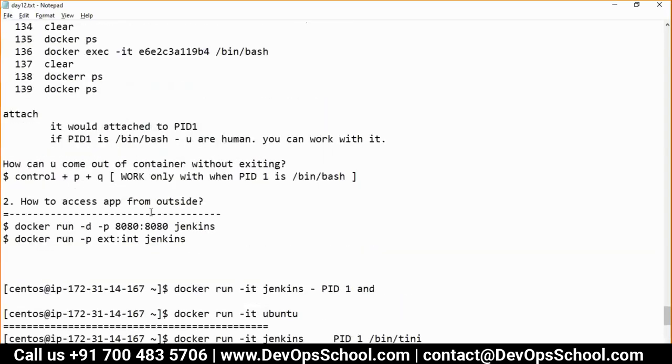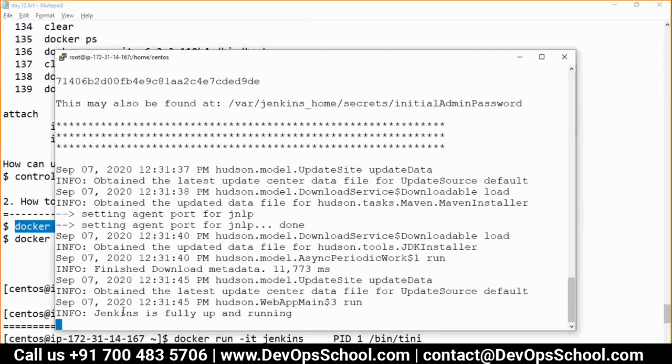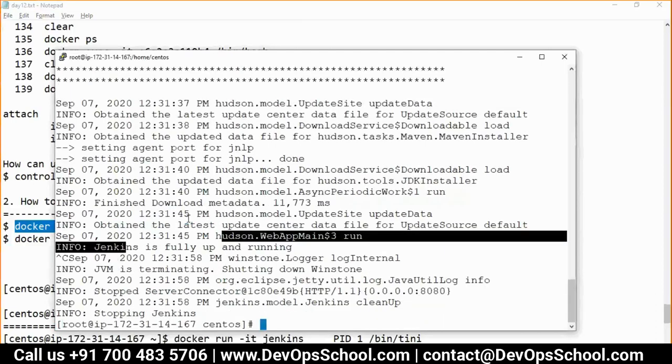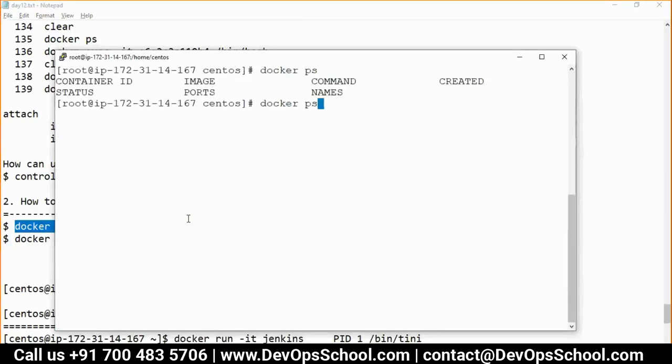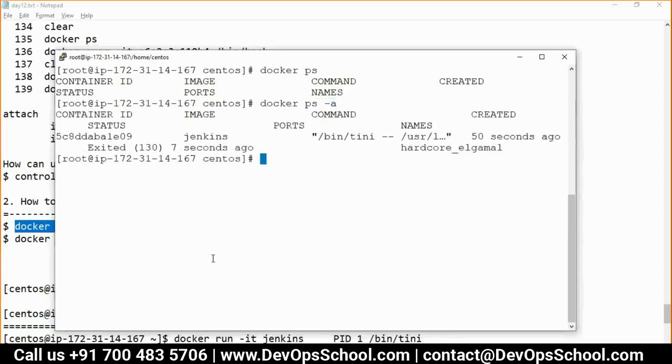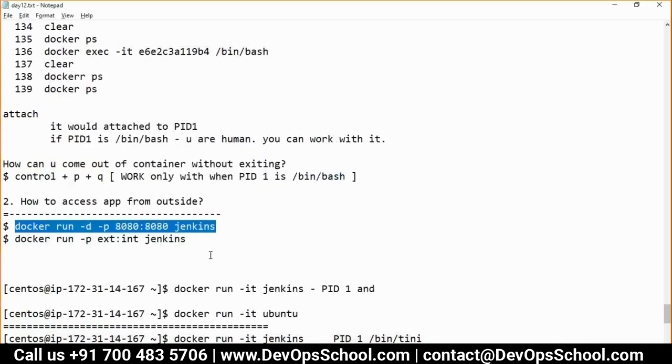Okay, so this one container got created. Now see here, I'm bin bashed, Bentini. Right now I'm Bentini. Control C, I kill this. I was attached to the Bentini. I kill this. See here, it's not running anymore. See here, exited. Okay, so now I will run with a detachment.